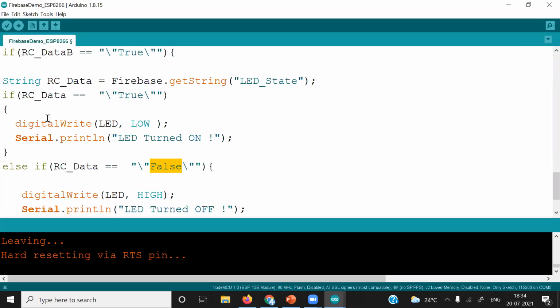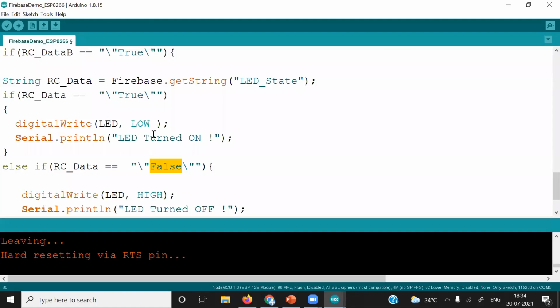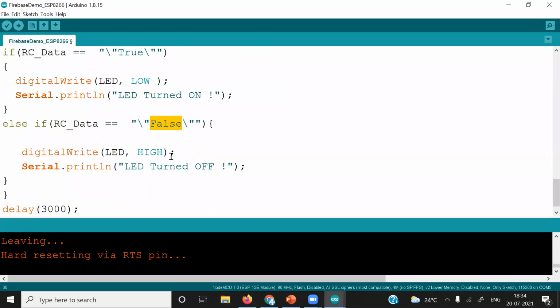After executing these lines, we again want to set this button check to false, because the operation has completed now. We have pressed the button, and the LED turning on or off has successfully operated. Now we want to make the button turned off, meaning we have not pressed the button.